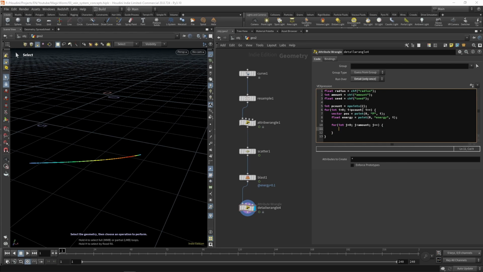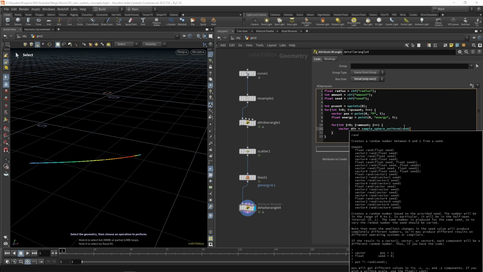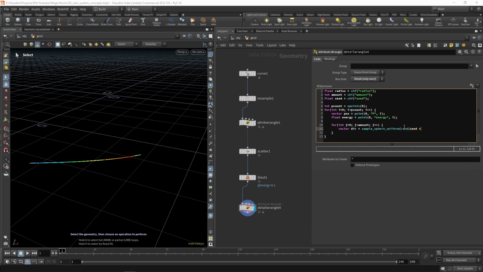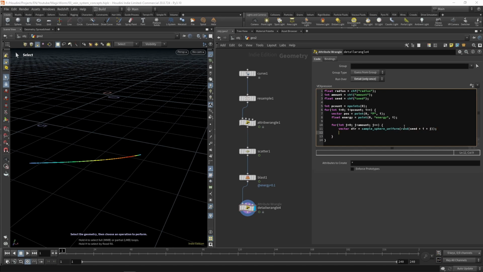Now the direction is equal to sample sphere uniform. So basically this function creates a random vector inside a sphere of radius 1. You can take a random value with seed i and j, and now we can say the direction